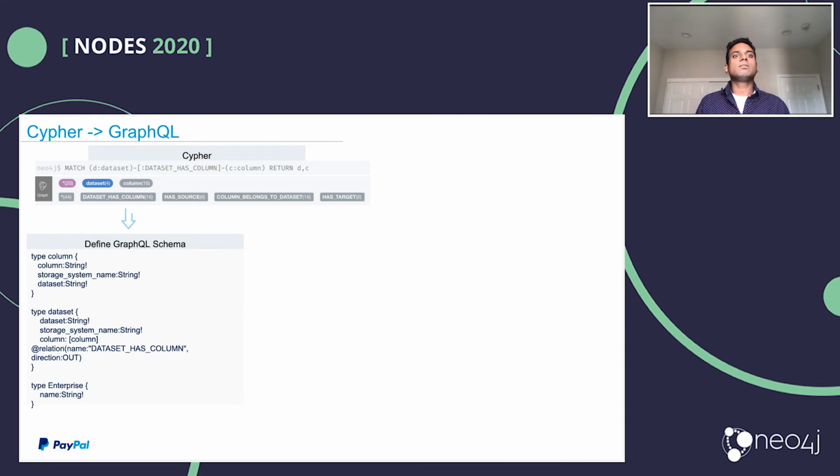So to get the data set, when I say data set, a table and the descriptions of the data set in the form of columns and whatnot, one could write a Cypher query, or by defining a GraphQL and exposing that as an API, it translates to a GraphQL query which can be plugged into any kind of front-end system, which is what we will get out as a response. Here you can see we're talking about a table that exists in a database and all the columns being exposed from there.